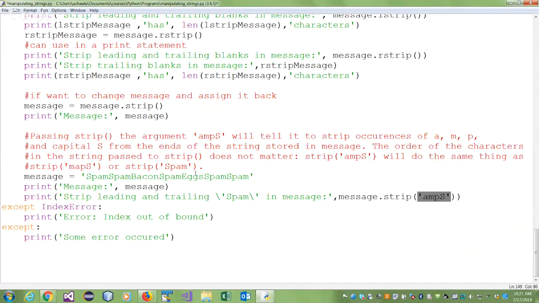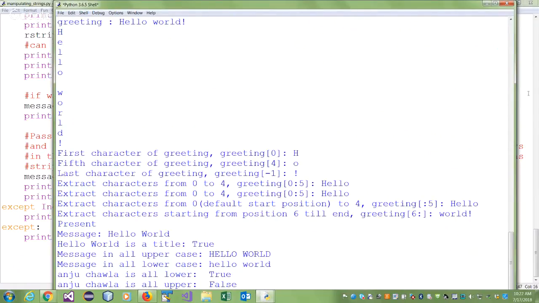So what it is looking for, the occurrences of A, M, P, and capital S from the ends of the string stored in the message. That's what it will remove. So if you have a small a, a small m, a small p, and a capital S at either ends, it will remove those characters. So even if I didn't have the whole word spam, the PAM will be removed because P, A, M, and S, right? So let's try this. As I said, I haven't seen it in any other programming language. So I was a little saying, oh, that's odd, but